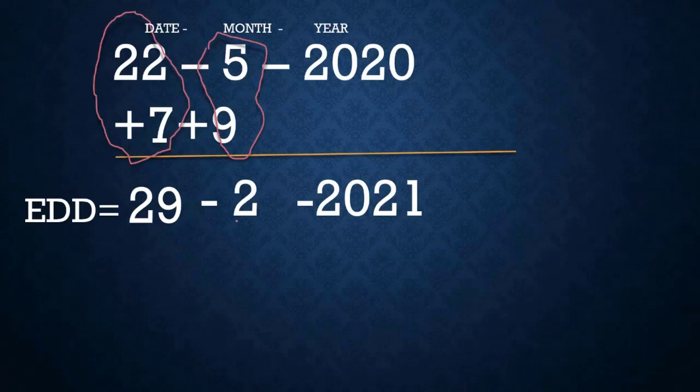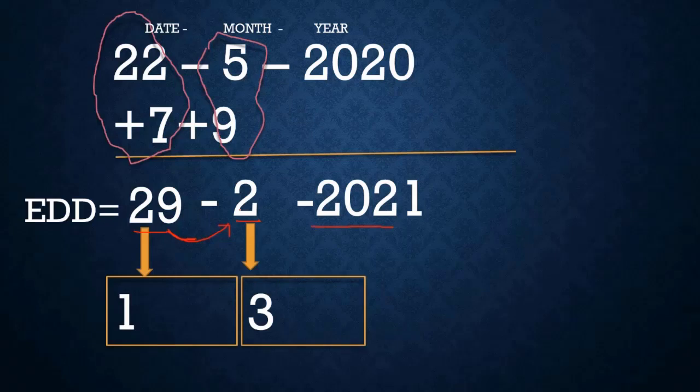As we know that February of 2021 has 28 days in it, so what will you do? You will add 1, or if we use our common sense, we know that in 2021 there will be 28 February, not 29 February. So how will you adjust the extra 1 day? You will write 1st March 2021, because after 28 February it will be 1st March.